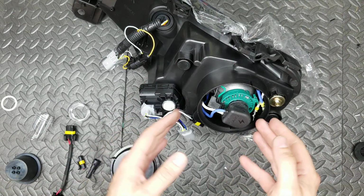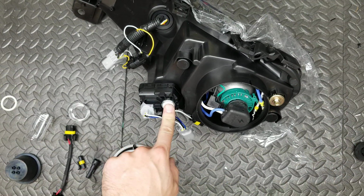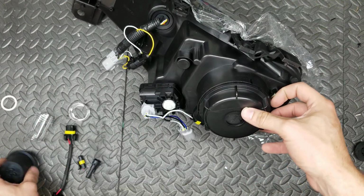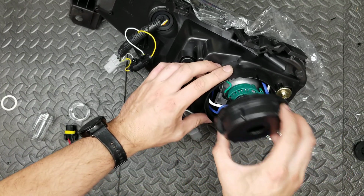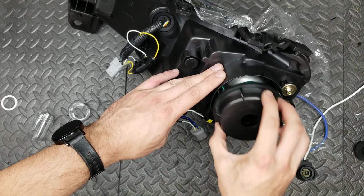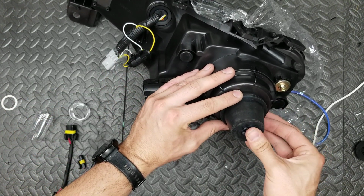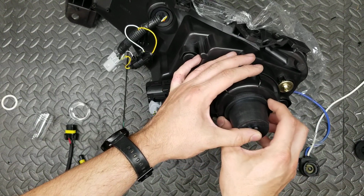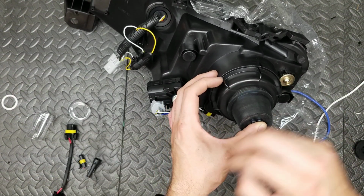And we need to give it room in case we need to do some side to side adjustment, which will be this screw here, or some vertical adjustment, which will be this here. Anyways, so we are going to want to kind of center that around this cap here. And since it's going to be slightly over to the right, go like that, and now we can see that we want to draw it right here. The line is just so that we install it the same way every time. It has 4 different alignment little screws that catch, and so you can install it 360 degrees, but this just keeps everything